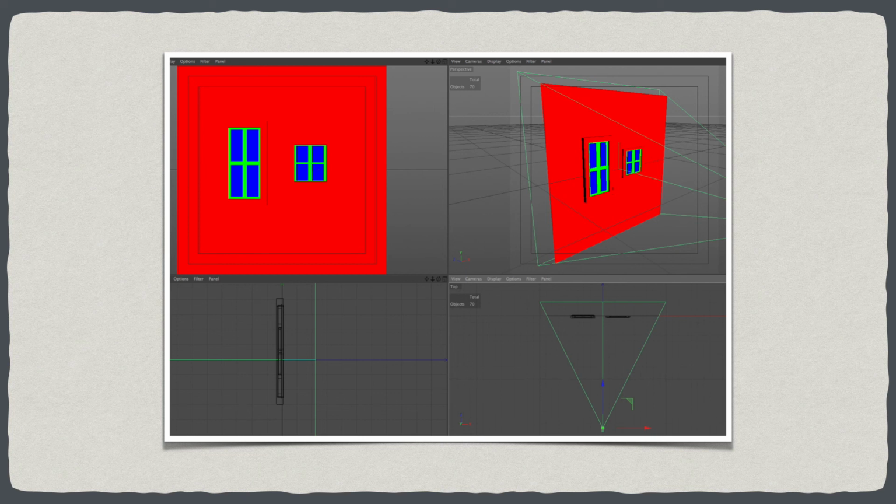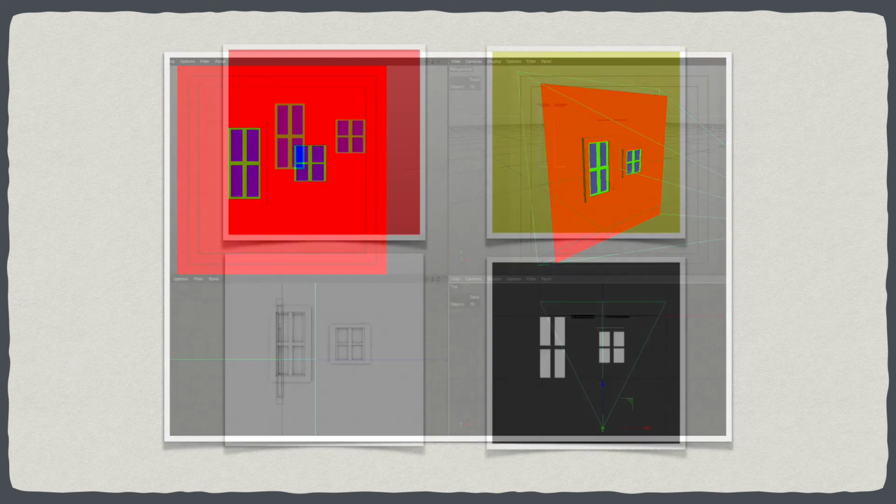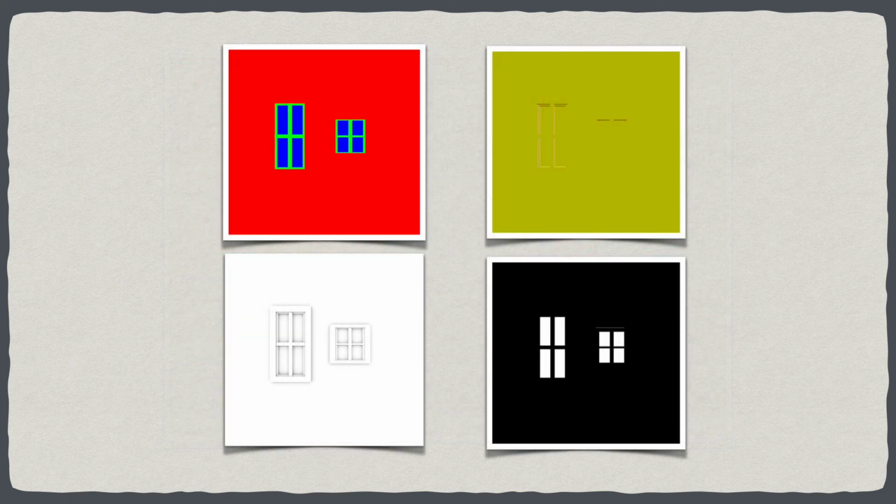So using this kind of idea of how I think the material sets are constructed, I tried a fast experiment where I built out some quick and dirty window frames, and then I rendered out a couple of passes. And here I rendered out what would be the color map, normal map, ambient occlusion, and alpha or window map. I didn't take time to do the specular map, and the depth map is still a little bit of a mystery, but the ambient occlusion would need to be packed up with the normal map into its alpha channel, which you could do in Photoshop. But then you would be left with your 3 images of your final material set.